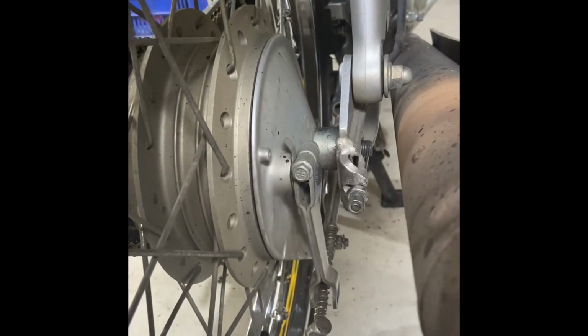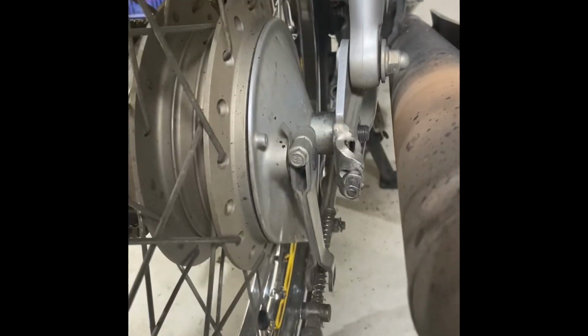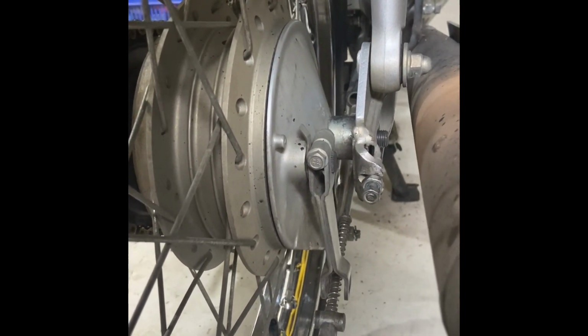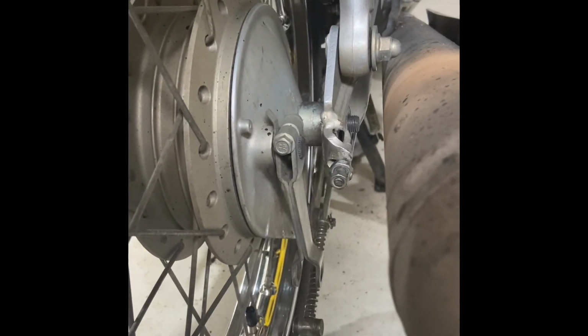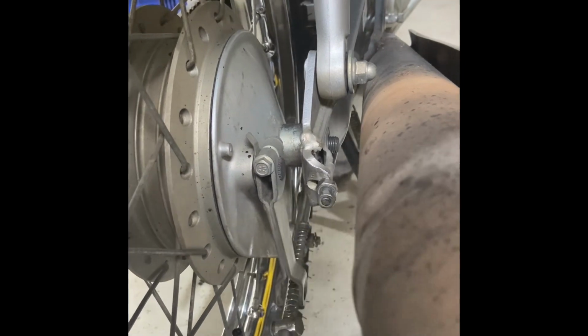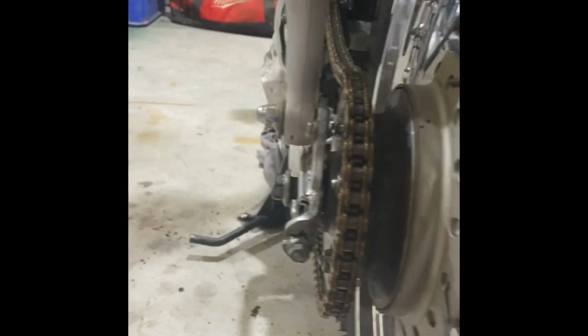Pretty straightforward. This side's 17mm, the other side's 19mm, which is a bit weird, but whatever. I guess it means you don't have to have two of the same wrench when you're taking it out. Unscrew this totally and pull out that cotter pin, back these off, push it forward and whip the chain off this sprocket and pull it to one side, and then we'll pull